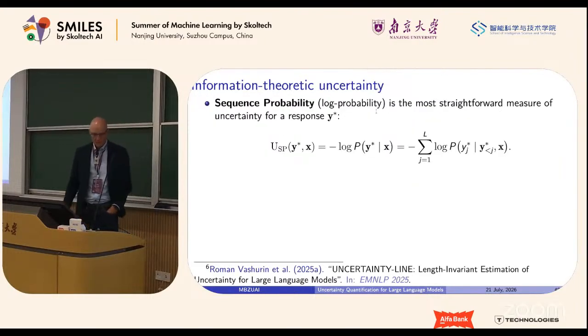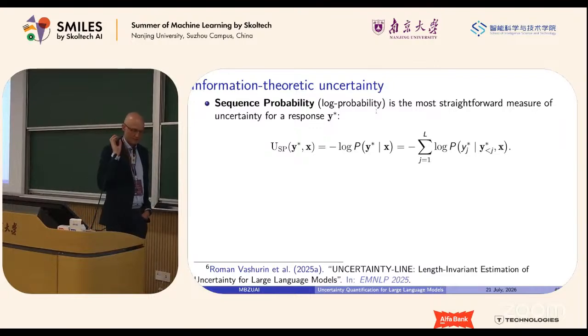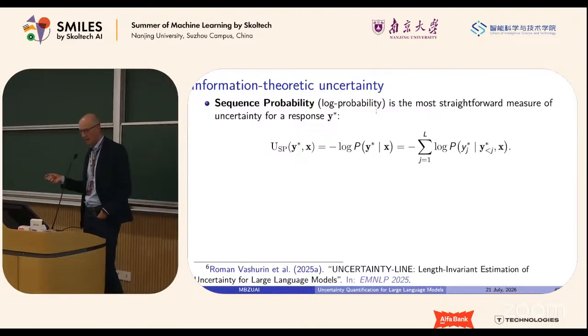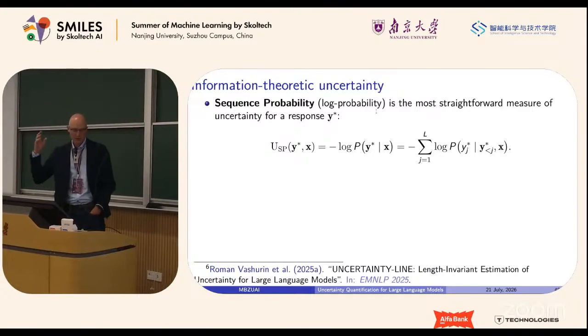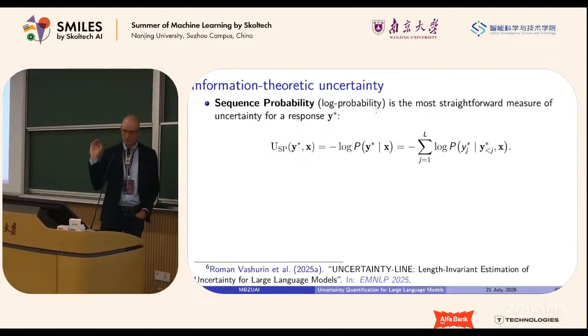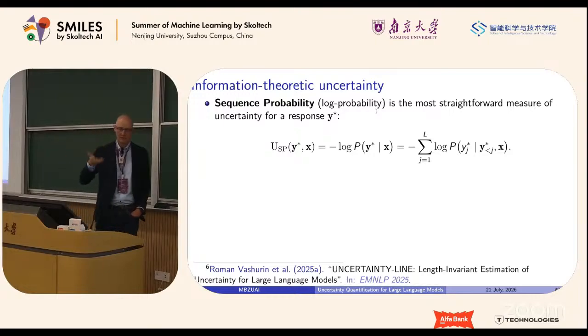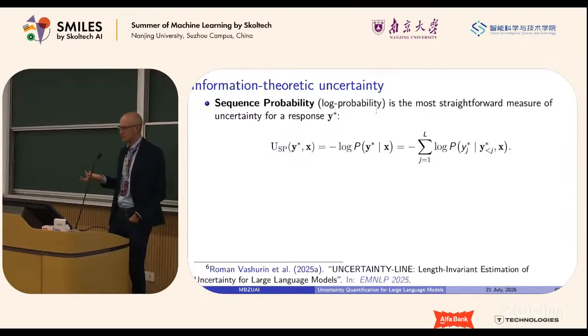All right, so that was consistency-based approaches that try to understand whether the model generates the same thing over and over again or not. Another approach, of course, is needed, because these techniques completely ignore the fact that our LLM can approximate some probability distribution over tokens. And of course, this information is very, very important for us.